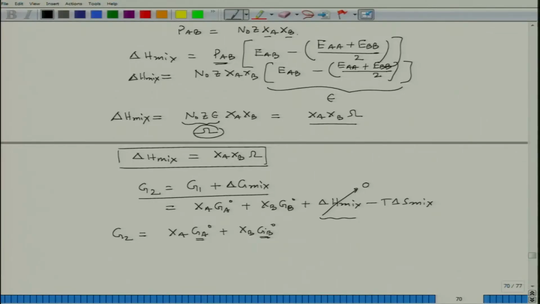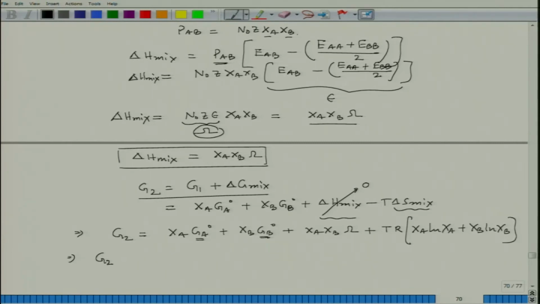So, both the standard values are indicative of pure solid A and pure solid B at 1 atmosphere pressure, and of course at the temperature where we are considering that solution formation, plus X_A X_B omega minus T. Now, I can replace this del S mix expression with minus R (X_A ln X_A plus X_B ln X_B),